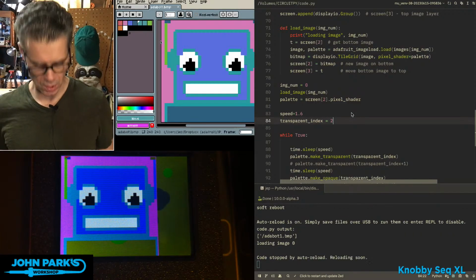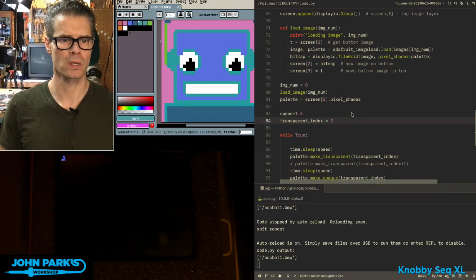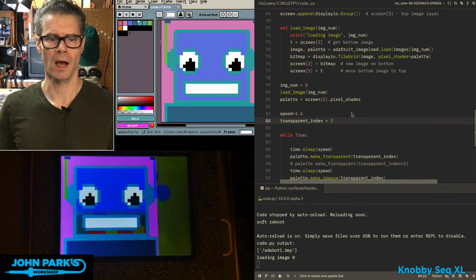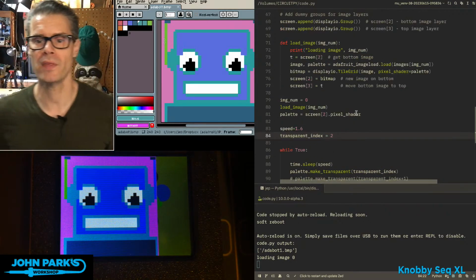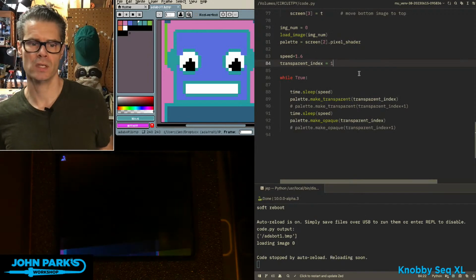So let's try some others. So you can see which blue I used. Is that it? There we go. And also one of the antennae. So the way this is done in CircuitPython, and let me resave this as color 1 as that's going,